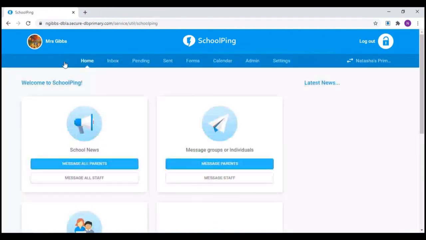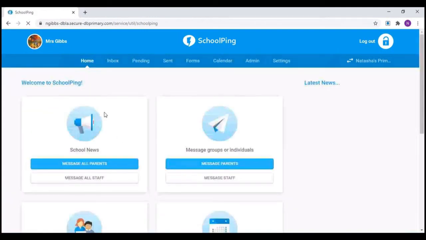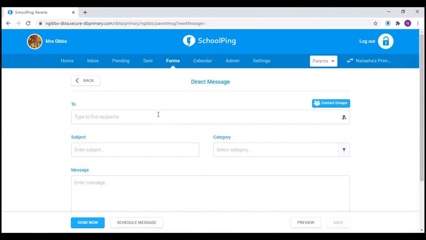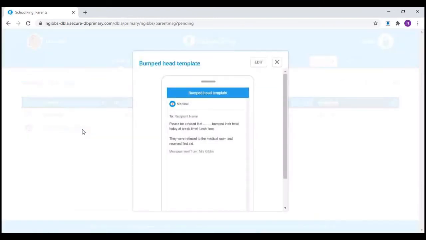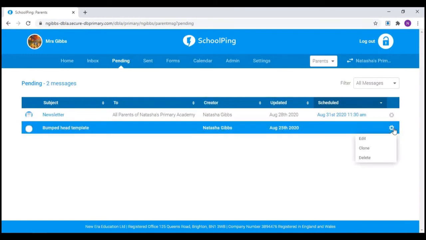Some schools choose to set up a template for bumped head or first aid. And what they do with this is they would use the message parents option, leave the recipients blank, but fill out the rest. And then they can save the message. And then what that will do is put that message in pending, bumped head template, for example. And then from that template, using the cog over here, you can choose to either edit that